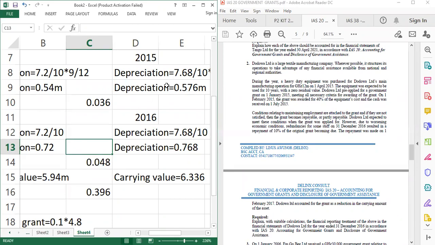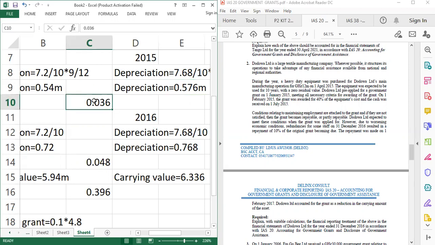For all of this, what should have been the correct treatment, assuming the 10% was not taken? If we know that we are going to pay the 10% back, we should have used 7.68 for our entries, isn't it? Yes, sir. Since we are paying the 10%, the actual depreciation for the first year should have been 0.576, but we charged 0.5. So what are we going to do?